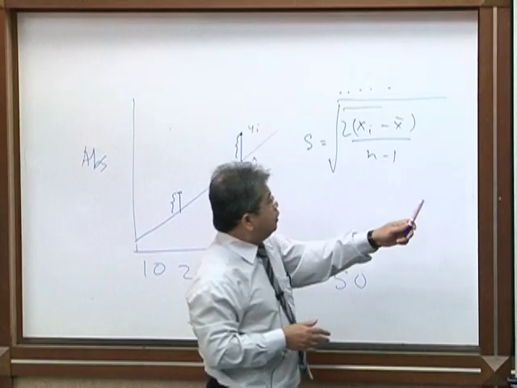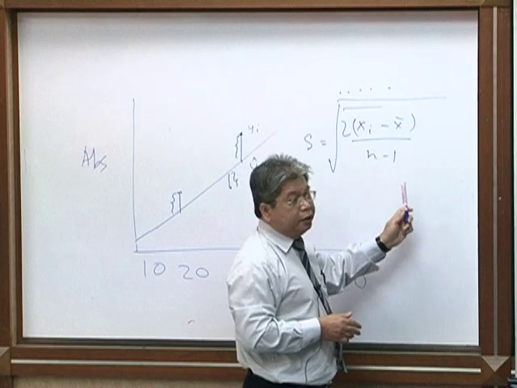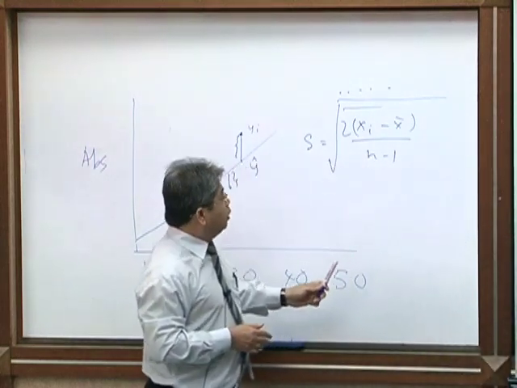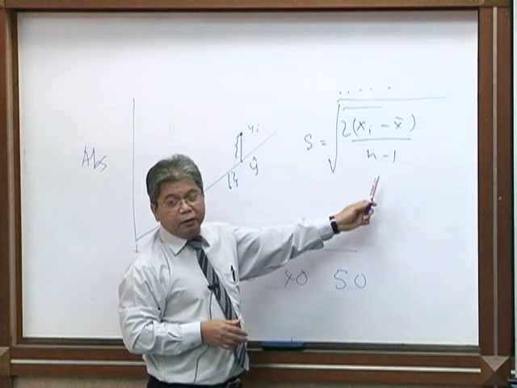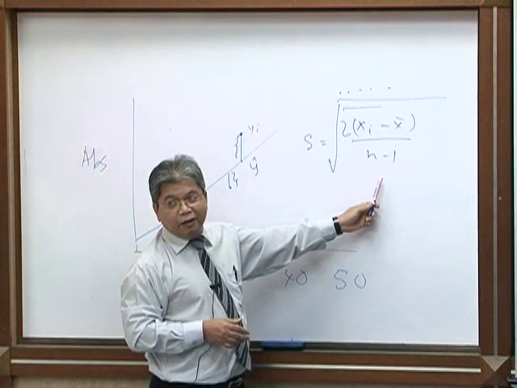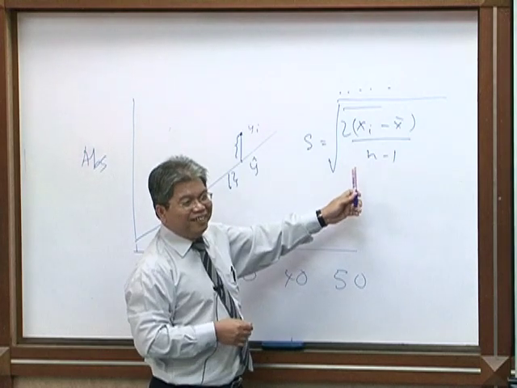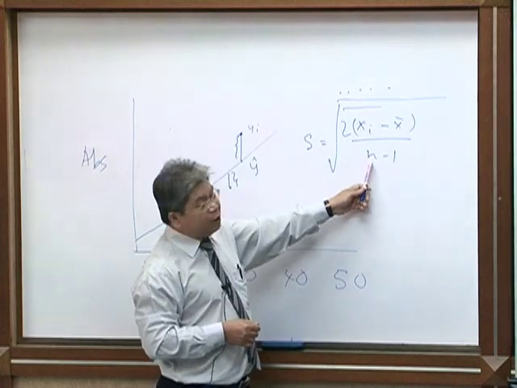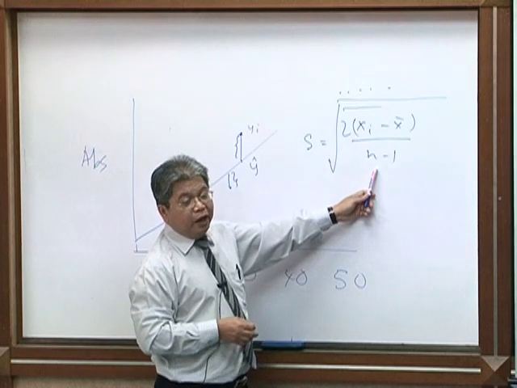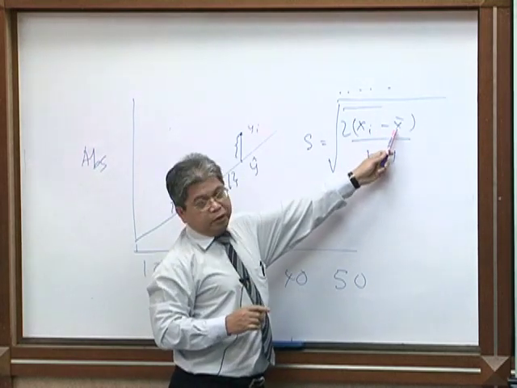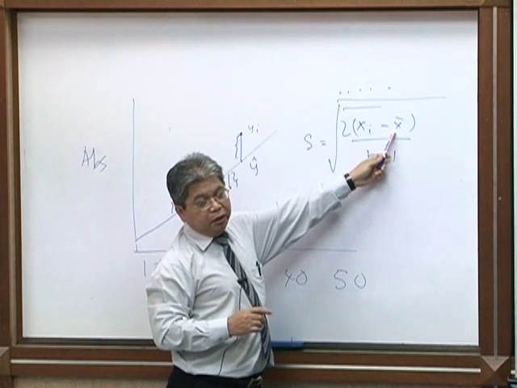So the only difference here is this is n minus 1 and this is n minus 2. You see the similarity? Do you know why this is n minus 1? Very good. N minus 1 is the degree of freedom, and we lost 1 degree of freedom because we estimate x bar, the